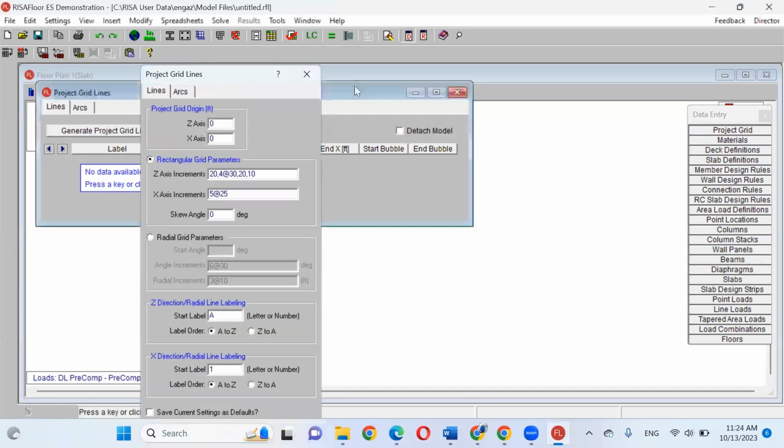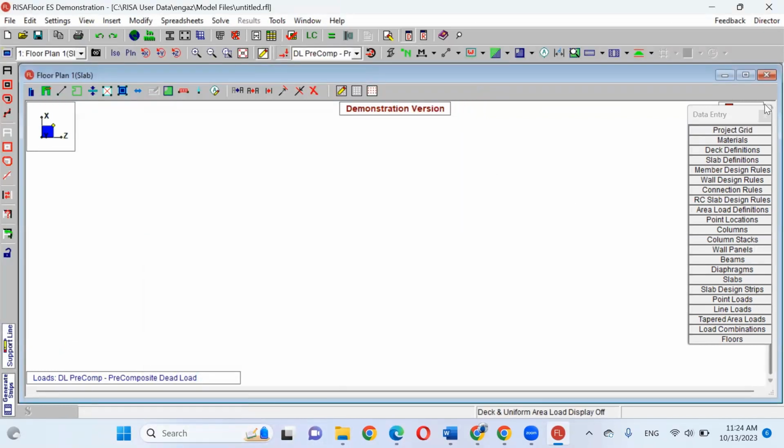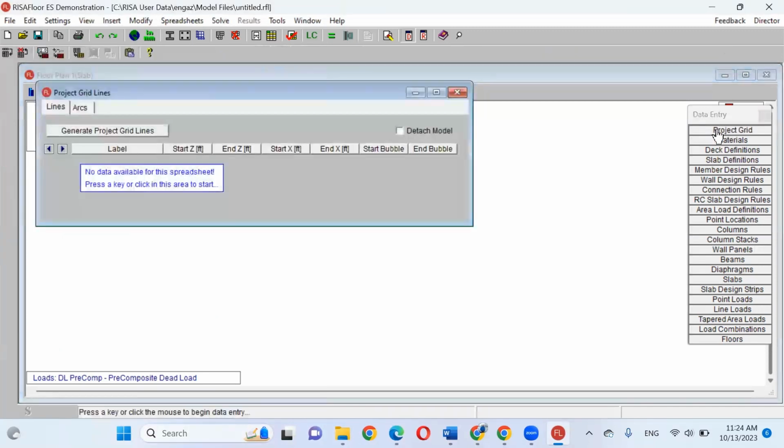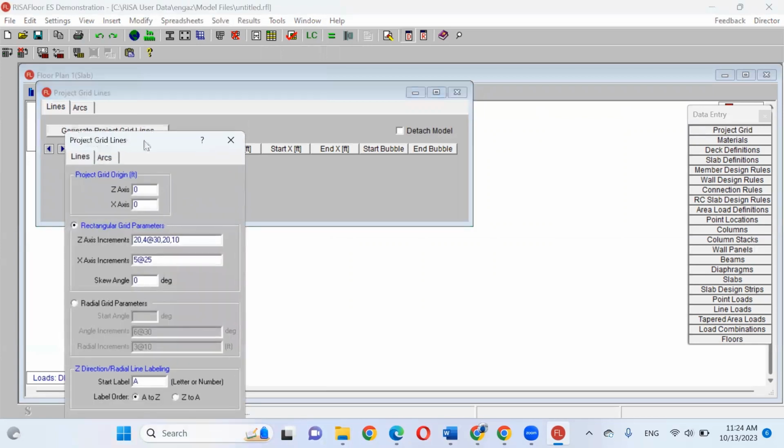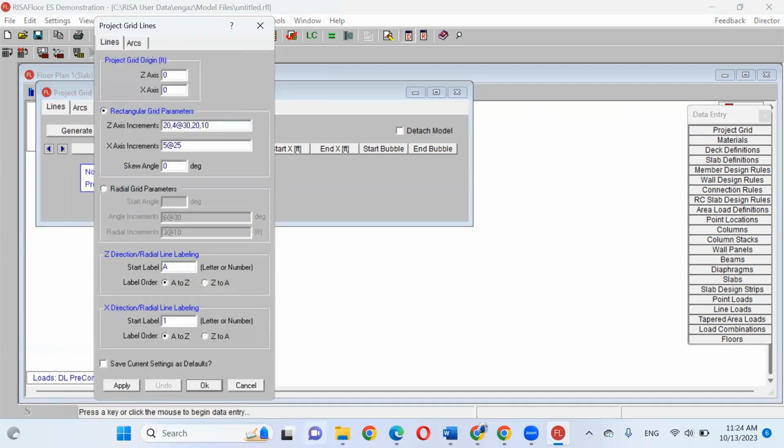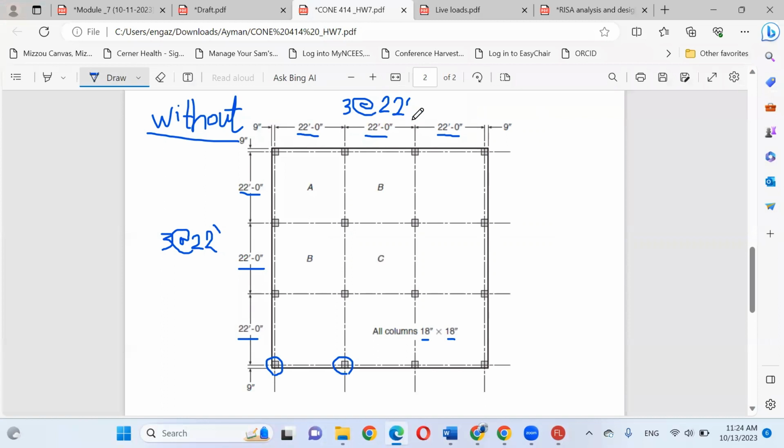What I did, one more time: we have a window here with many options. I will start with the project grid, and then I will generate project grid lines. In X, 3 spacings every 22 feet. In Y, 3 spacings every 22 feet.